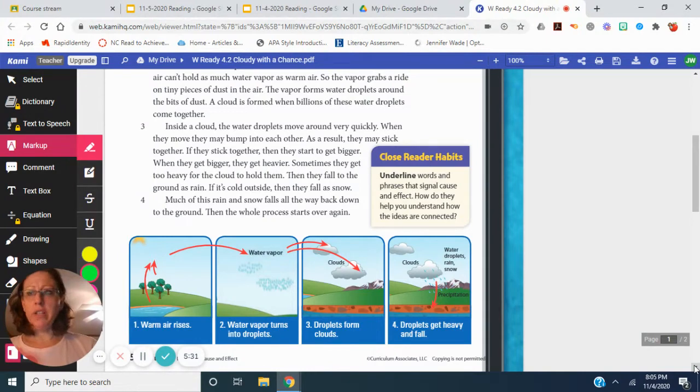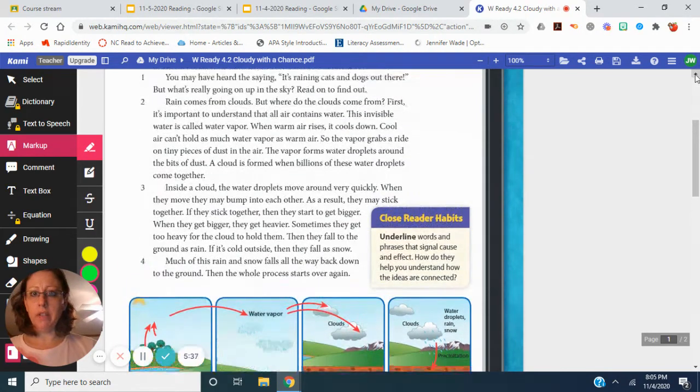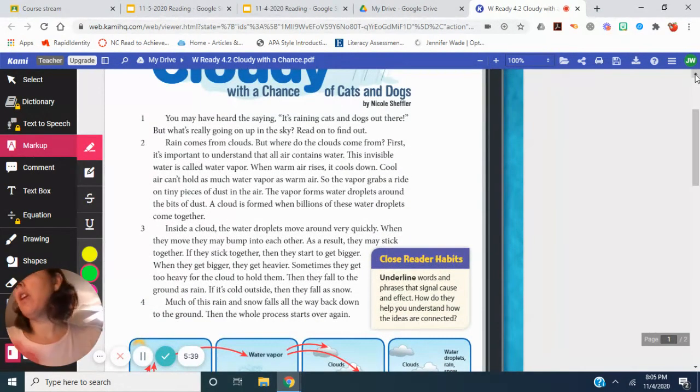Now, before we move on to the cause and effect chart, I want to talk about some vocabulary. The meanings of some phrases don't mean exactly what they say, and these are called idioms. Idioms can sometimes be confusing, especially if English is not your first language. So, what would you think I meant if I said, at the end of the school day, "School's over, it's time to hit the road"? What do I mean by hit the road?